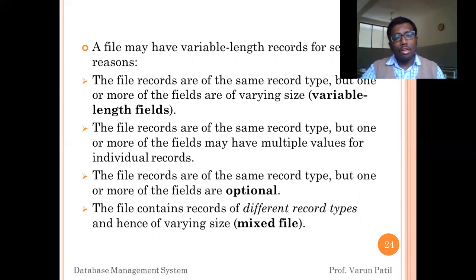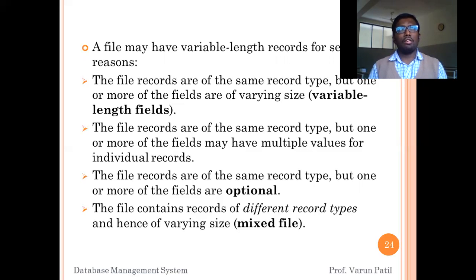Then, the file records are of the same type, but one or more fields are optional. Within your table, some fields are optional, for example, a permanent address and a temporary address. The temporary address may be an optional field. Some students will fill it, some students will not.